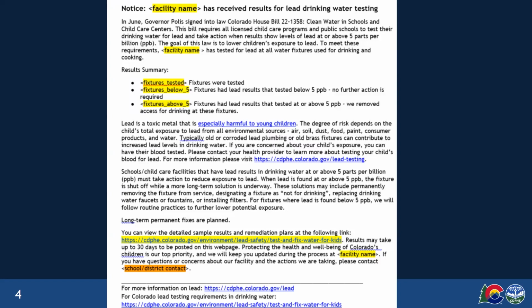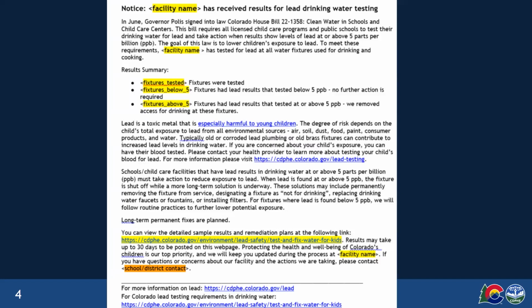Again, the notice has the language required under the House bill. Facilities are welcome to add an introduction letter to show the success of the program and your commitment to public health. You can share information on specific locations on results that were high. For example, if it were a classroom faucet that has been in a room that was closed for a year, you could add that extra information. So you can make it your own, but you do need to retain the information we have provided to stay in compliance with the bill.